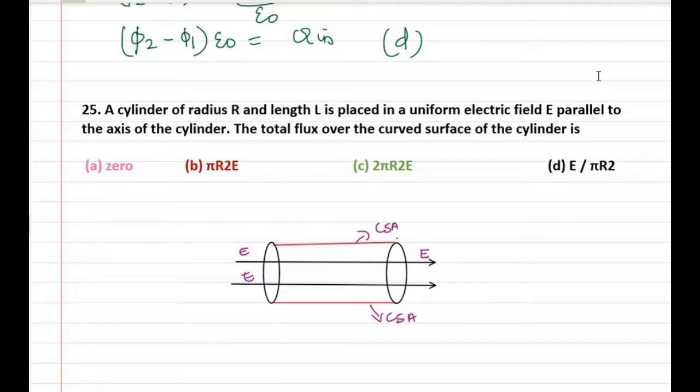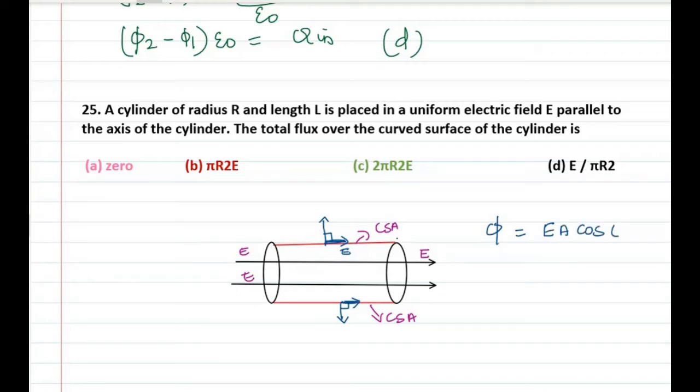Okay, so for the curved surface area, the electric field lines are parallel to the curved surface area, and the normal area vector is perpendicular to the surface. So what is the angle formed? Flux is EA